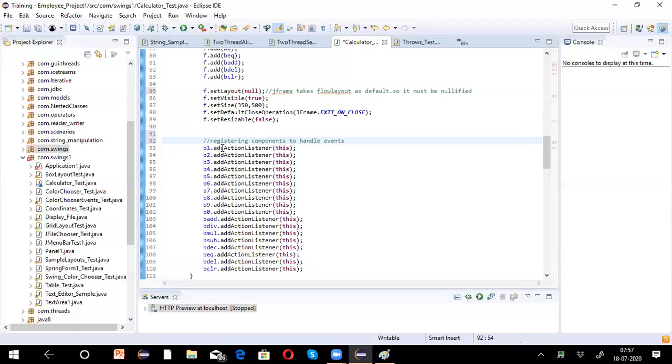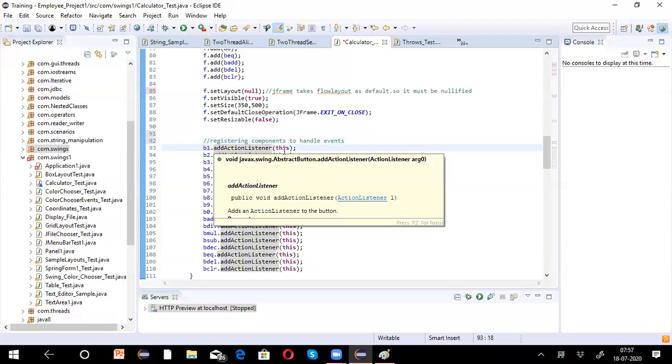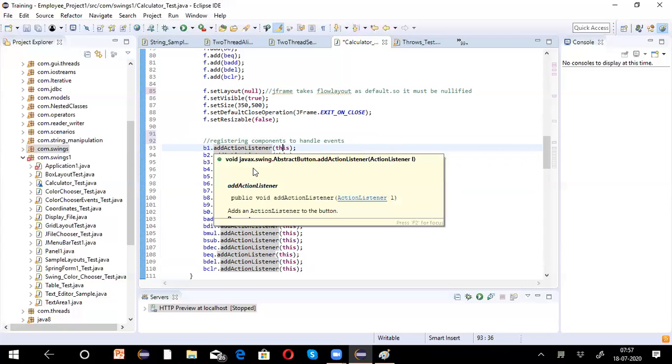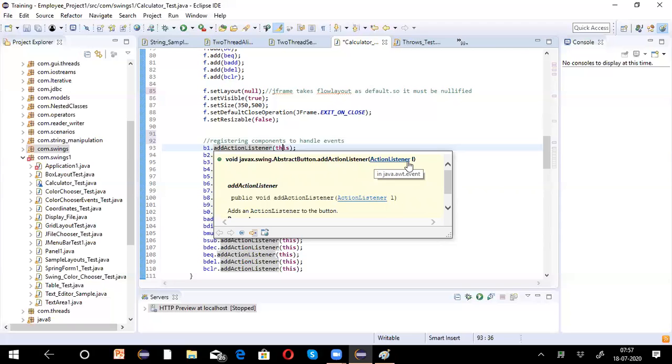Okay, so B1 dot add action listener. Now what is the source? This represents frame here. See here, add action listener takes action listener L. Okay, so public void addActionListener(ActionListener l). Now what is this here? This represents the action listener or current object.